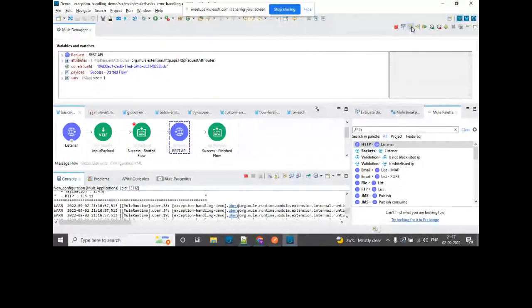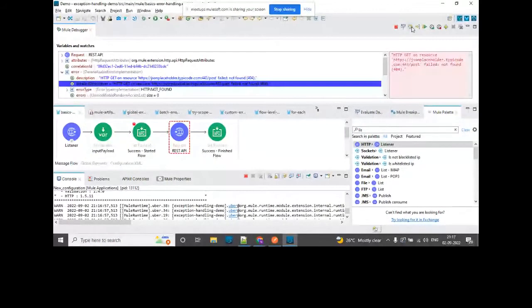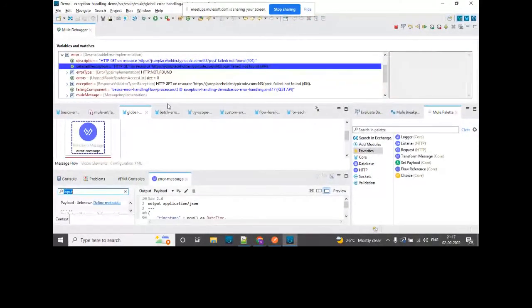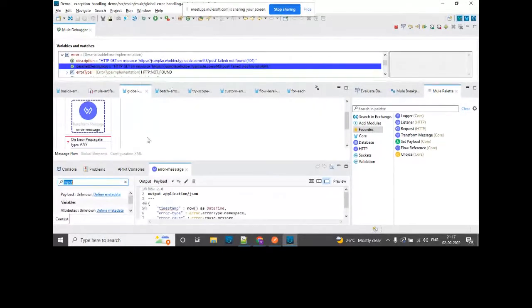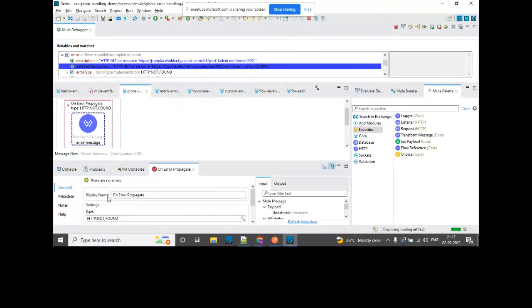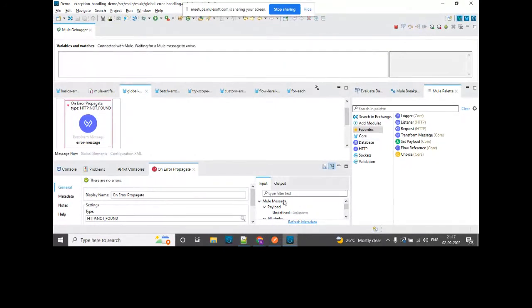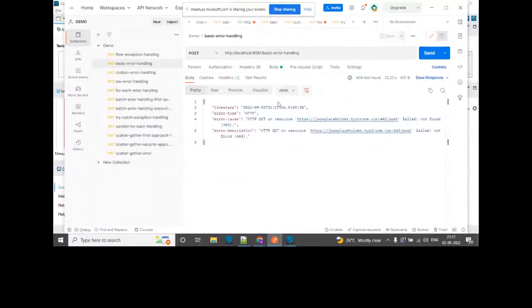I don't have a flow level error handler. Error is generated. You see, it's gone to my global error handler. How did it match? Error type was HTTP not found, and here also what I have set is HTTP not found. It matches here. It goes to this error message, and then you get the meaningful message that I have displayed,